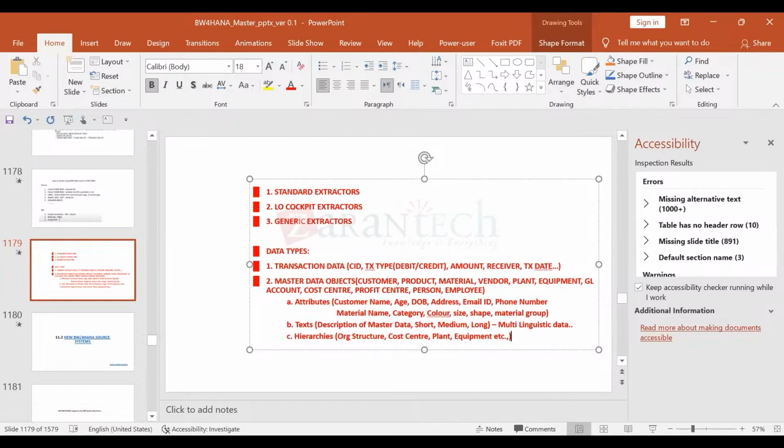Let us go to the system and see what we need to do. For instance, assume that you are working in the SAP system and you are the first person to work on a brand new system. What you need to do is